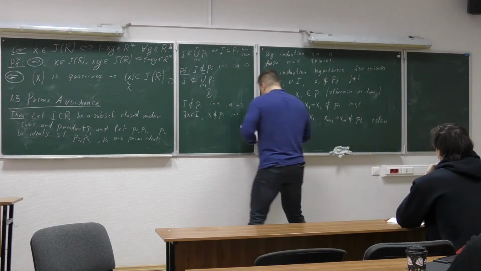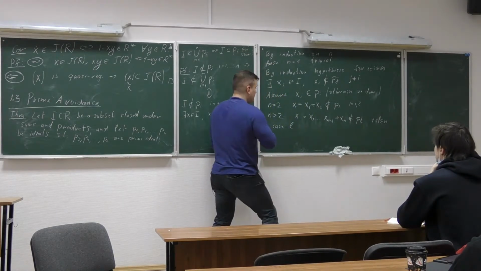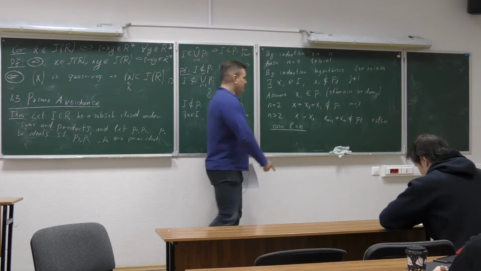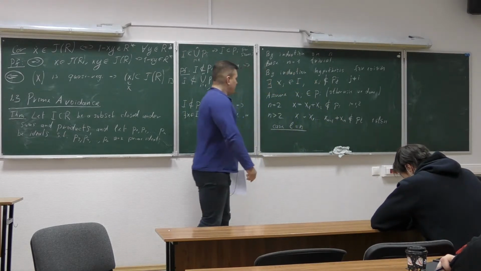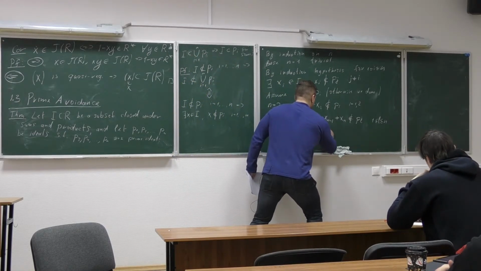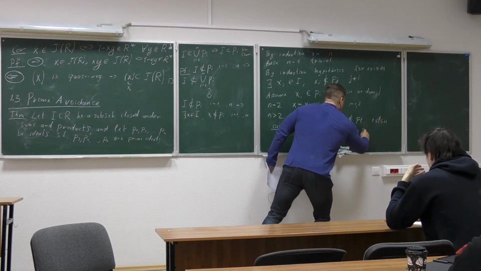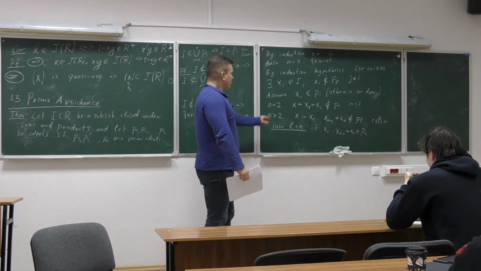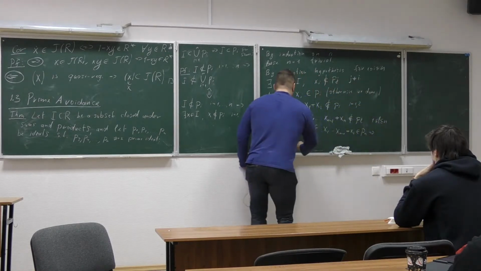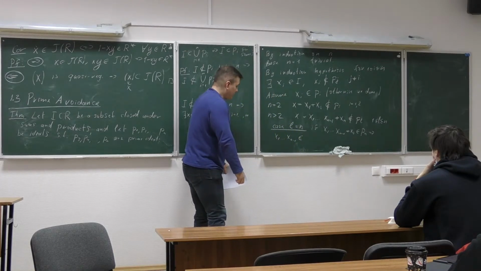Okay, now we consider cases. So the case L is equal to n. So I want to understand why this element, the product plus the last element, is not in the Pn. Well, if I have that this product plus the last element is in the Pn, well, I already know that xn is in the Pn. So then the product of the elements x1, x2 up to xn minus 1